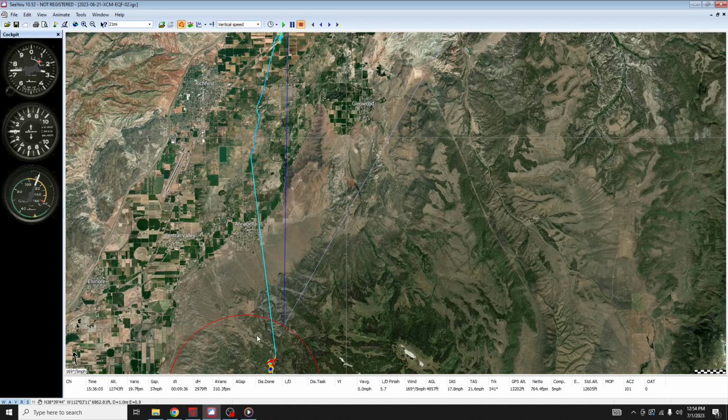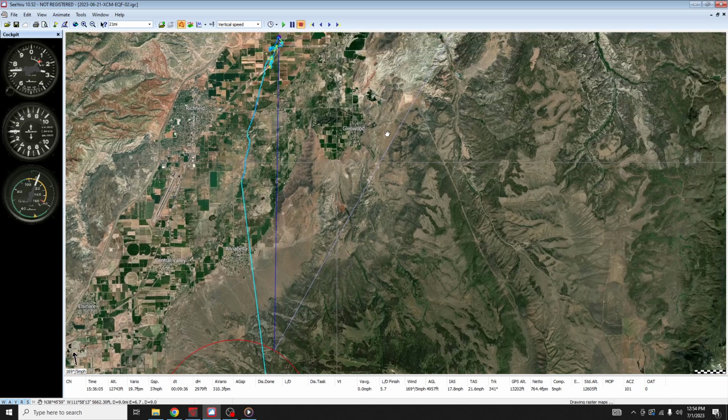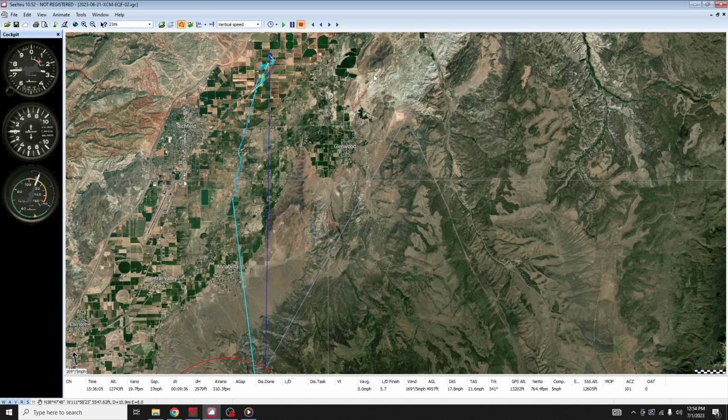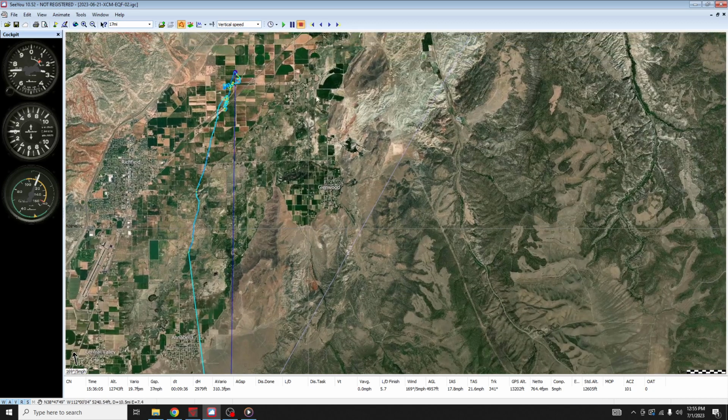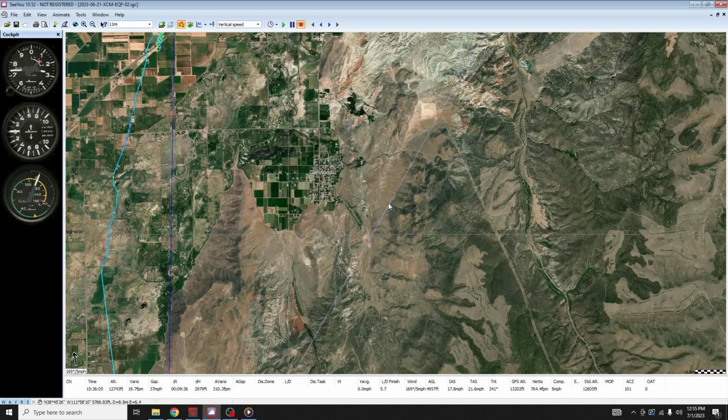But anyway, I'm looking at this line. I'm not sure of my glide ratio. I felt like I could probably get to somewhere up about in here, and based upon the glide that I actually got, that was pretty accurate. The trouble is, there's not much to land in up here. So if I go north-northeast, my landing zones, if I don't pick up lift, are essentially all of this garbage,